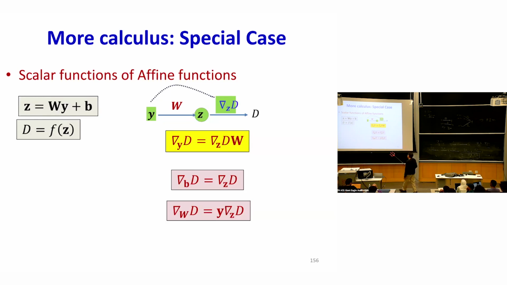But in this one case, it turns out that the derivative of the divergence with respect to the weight matrix is going to be the input y times the derivative of the divergence with respect to z. Now, one of the things you want to do is to ensure that the matrix sizes are right. So here,